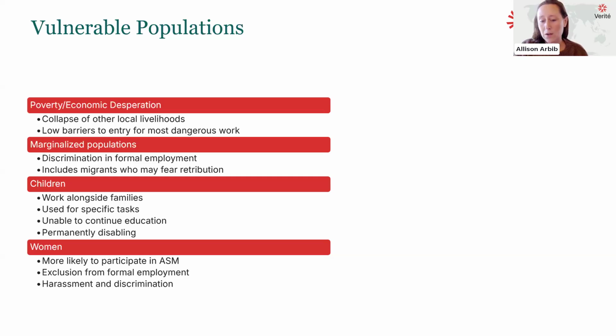We see a lot of migrant workers. Again, people who lack social support and legal protections, and are excluded from other forms of formal work, can be more likely to accept dangerous conditions. And then once they're on site, particularly if there's a fear of retribution, a worker who is not in a country legally may be more easily controlled, right? They feel they have no right to complain. They have no way to express a grievance without fear of retribution.